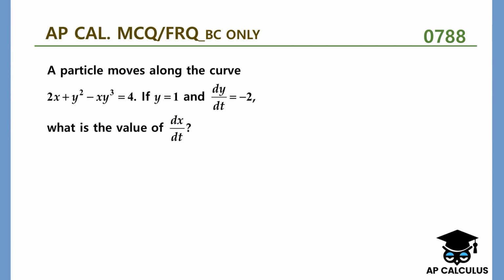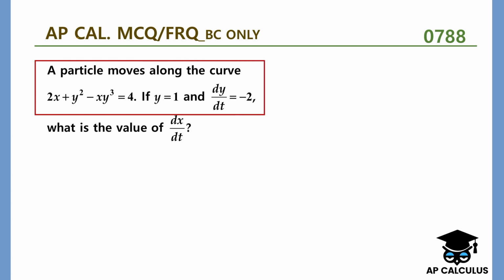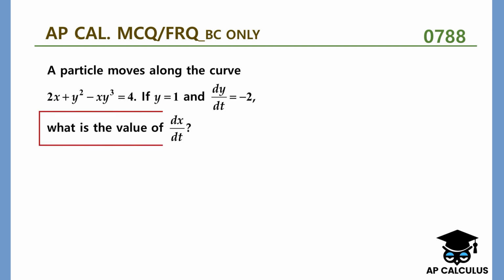Question 788. A particle moves along the curve 2x plus y squared minus xy cubed is equal to 4. If y is equal to 1 and dy/dt is equal to -2, what is the value of dx/dt? Alright, since we are looking for dx/dt, we're going to have to differentiate this equation